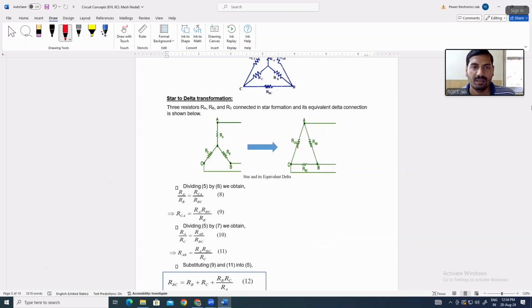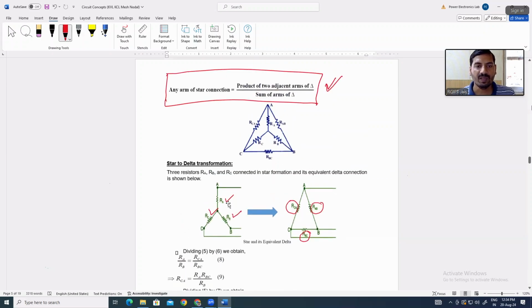सो हमारे पास ये वैल्यूज नोन है, ये दिए हुए हैं, मीन्स स्टार में ये वैल्यूज दिए हुए हैं। नाउ वी हैव टू फाइंड आउट द वैल्यूज इन डेल्टा, मीन्स वी हैव टू फाइंड आउट द वैल्यूज ऑफ RAB, RBC एंड RCA। ओके, अभी भी जो इक्वेशन है वो सेम रहेगा क्योंकि ये दोनों सर्किट इलेक्ट्रिकली इक्विवेलेंट है। ओके, सो सेम जो इक्वेशन हमने ऊपर लिखे हैं वो इक्वेशन यूज हो जाएंगे अभी भी, राइट। जो हमने डेल्टा से स्टार में इक्वेशन लिखे हैं वो इक्वेशन यूज होंगे इसमें।